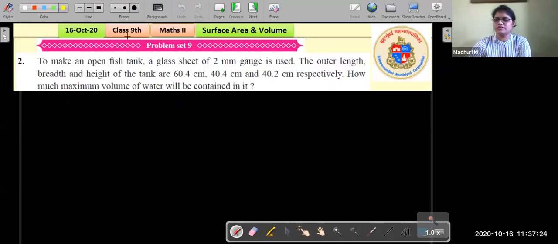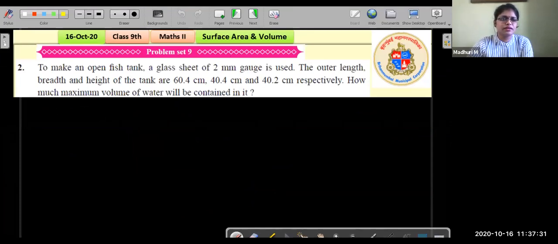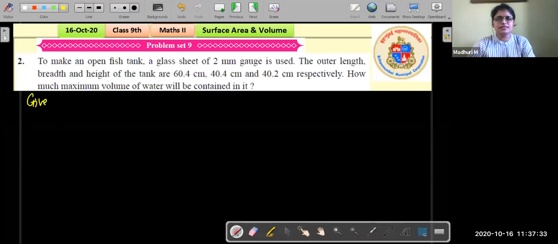So here on the screen, you can see this is the second question. Please be very attentive. The questions are really easy. You need to understand the shape first. Next, you need to understand what formula we apply. And finally, the last step, that is the calculation. That is super easy, right? You just need to know simple multiplication and division.